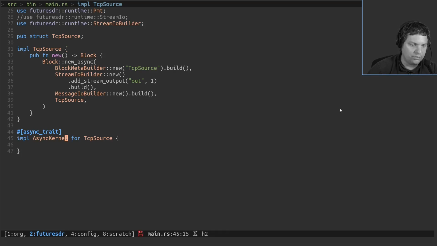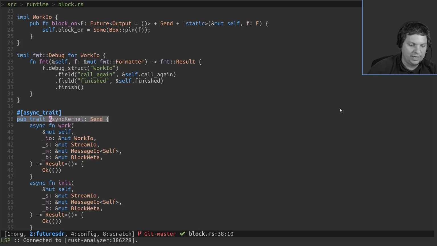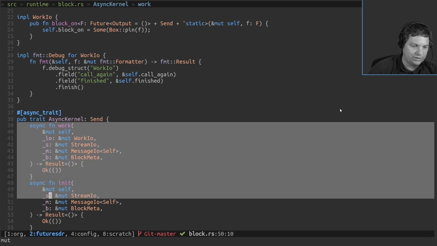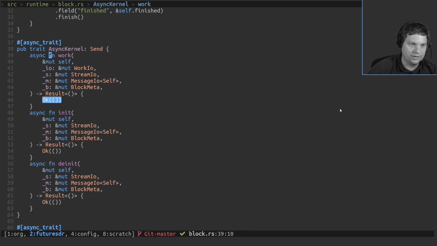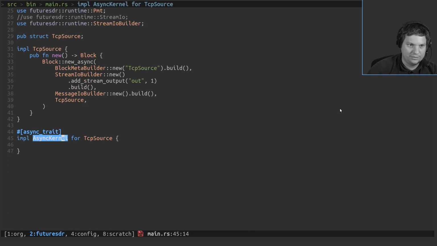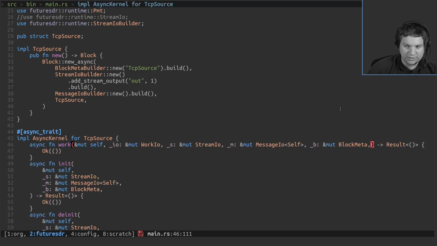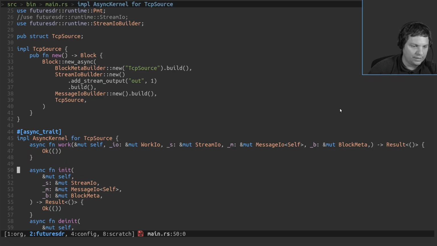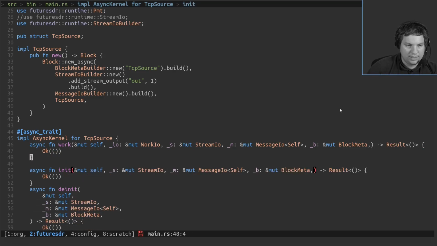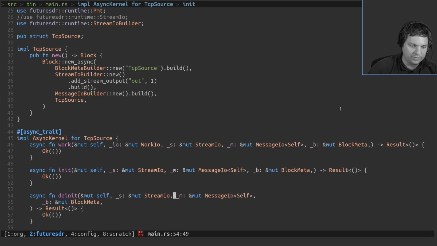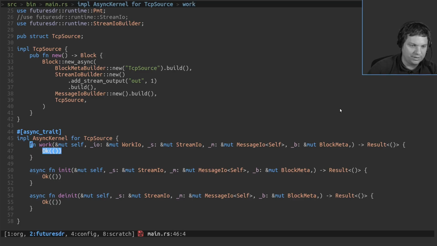But now we are looking into the async kernel. And this is the trait that implements a work function, an init and a deinit function. So these are the most important functions that we have to implement for our block that is doing stream processing. Yeah, as I already said, there are async and sync blocks, and the only difference between these two types of blocks is this word. Init and deinit are always async, we don't really care.